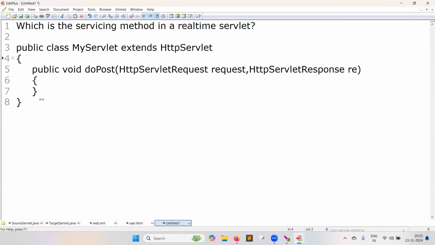If at all in your lifetime as a Java professional you have to write a service method, maybe it may be an interview requirement. In a project, you may not need to write it. Then you write a servlet that extends HttpServlet, with either doGet or doPost. If the client request is a GET request, the doGet method is executed. If the client request is a POST request, the doPost method is executed. Over.